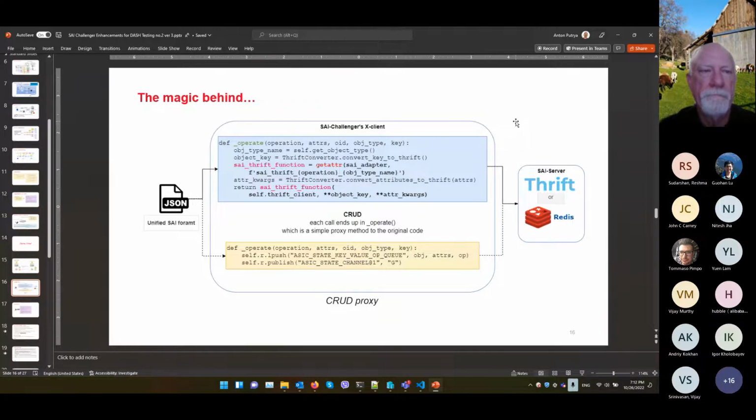We have an option to run on Redis, and maybe in future we expect to try it on gNMI as well, or any vendor can try its own proprietary format for testing it. But the idea is that they will have access to a single test scenario that doesn't require any modification. And basically SAI Challenger has an abstraction inside that converts SAI calls directly to